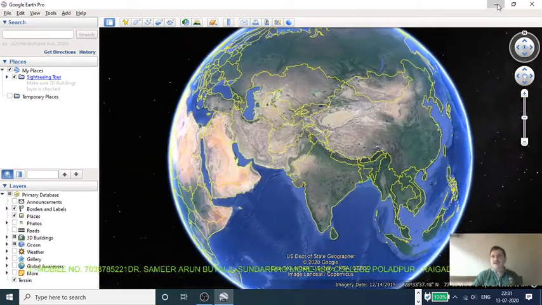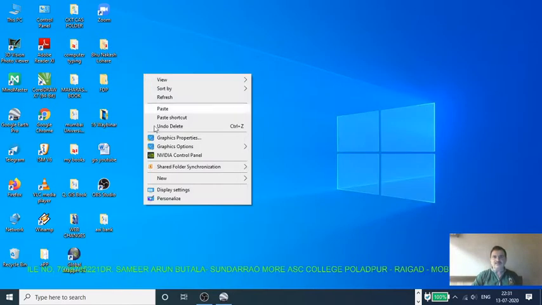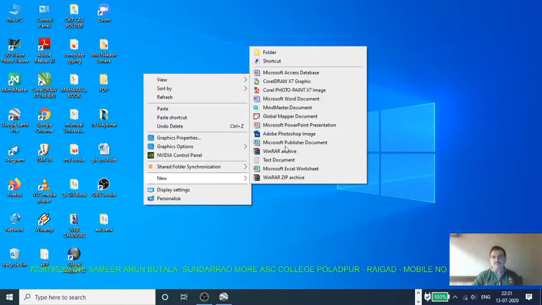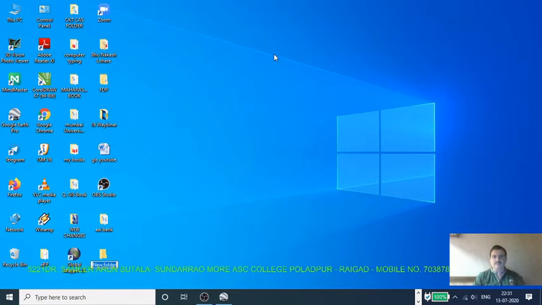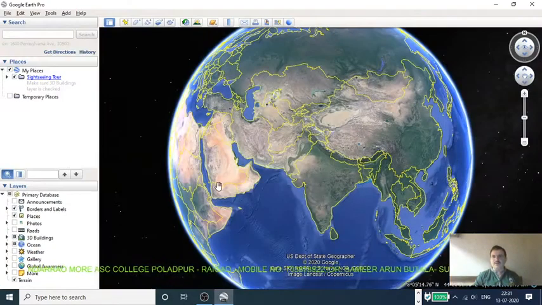That's why I create one new folder here, which we name contours. Now my folder is empty and I just open Google Earth.